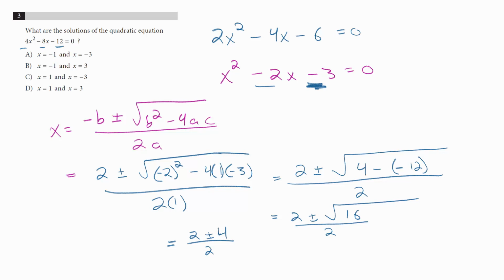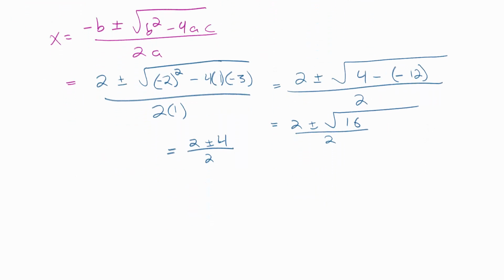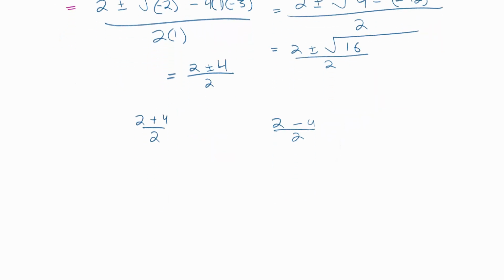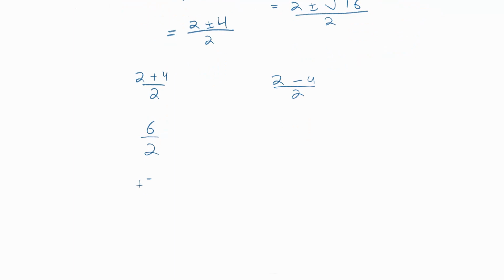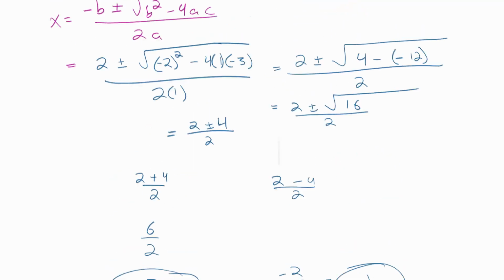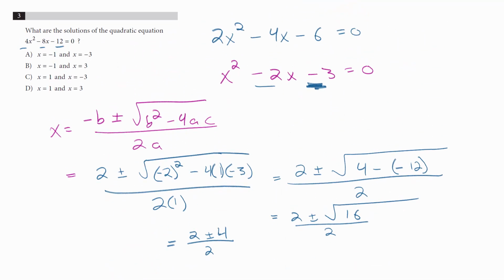Since now we have a plus or minus, we can have 2 plus 4 over 2 and 2 minus 4 over 2. 2 plus 4 over 2 is 6 over 2, which is positive 3. 2 minus 4 is negative 2 over 2, which is negative 1. So our solutions are negative 1 and positive 3,